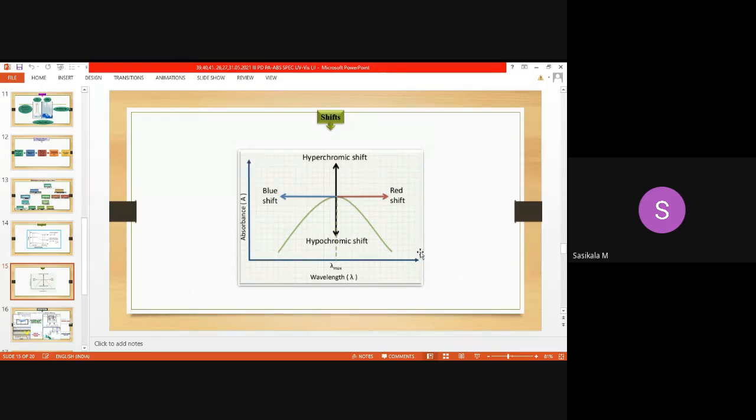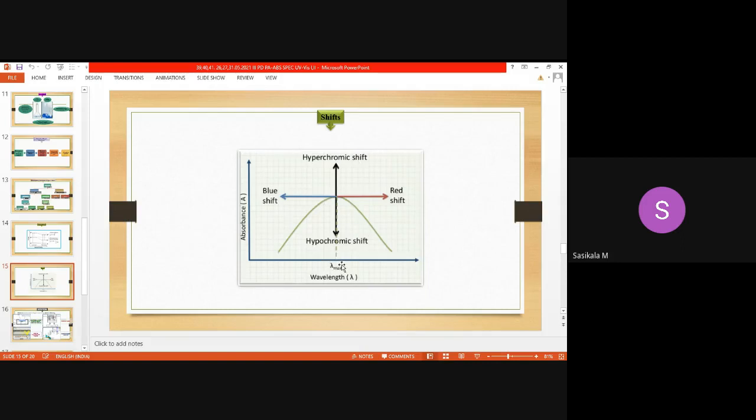Take the example of a spectrum. On the y-axis, we always take absorbance. Absorbance has no unit; it is just represented with A here. And on the x-axis, we take wavelength, that is lambda. What is the unit of wavelength? Nanometer. So you will get a spectrum like a bell-shaped curve. It is a symmetric curve, where you can find the compound's actual lambda max. This maximum absorbance or peak maximum is called lambda max.